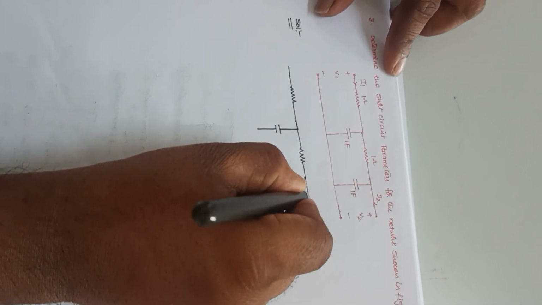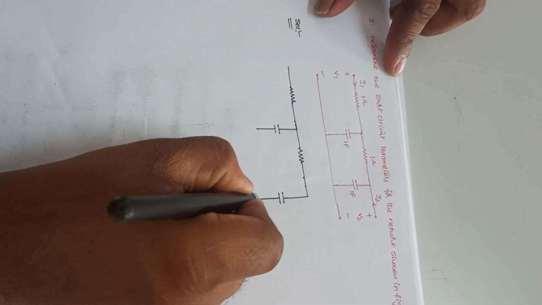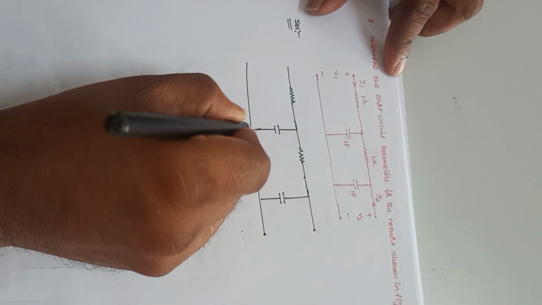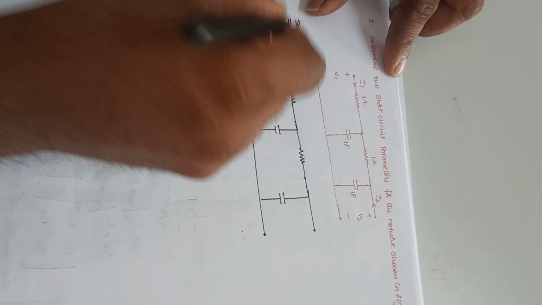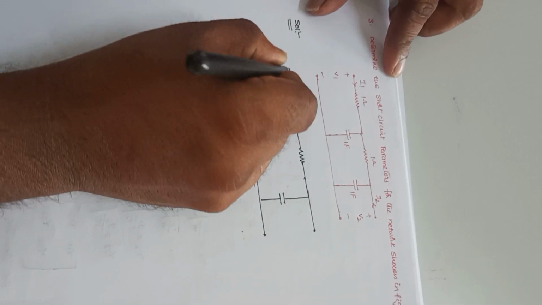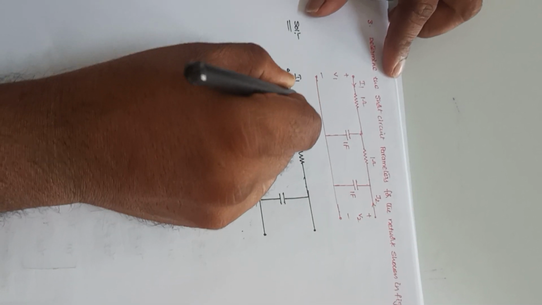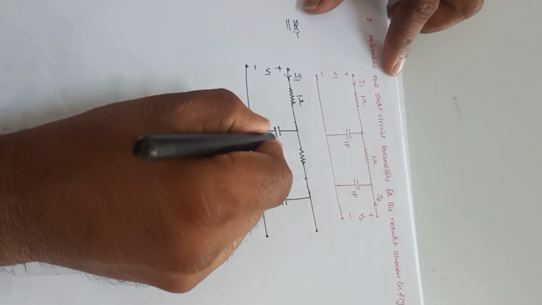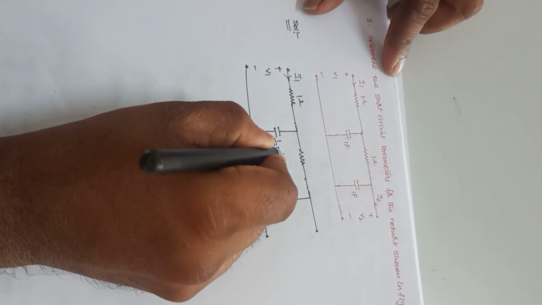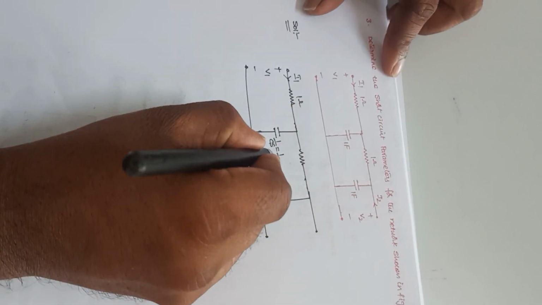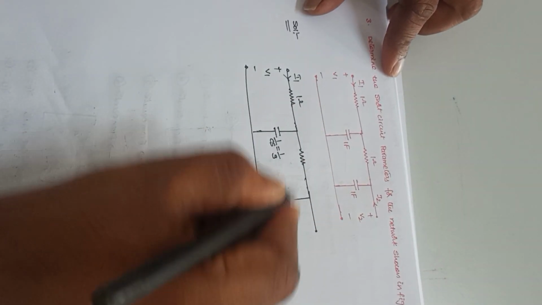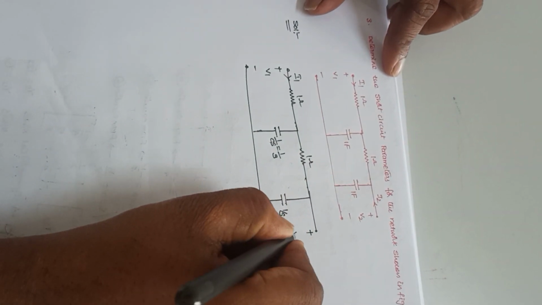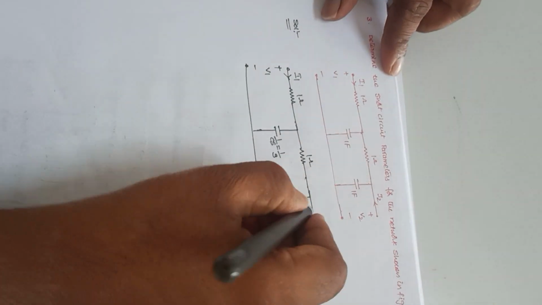This is resistance, this is capacitance, and this is the second port, port 2, and this is port 1. This is V1, it is I1, this is 1 ohm, and this is 1 by Cs. 1 by Cs means 1 by C, and the value of C here is 1, so it is 1 by S. It is also 1 by S. This value is 1 ohm, and this is plus and minus, it is V2. This is I2,